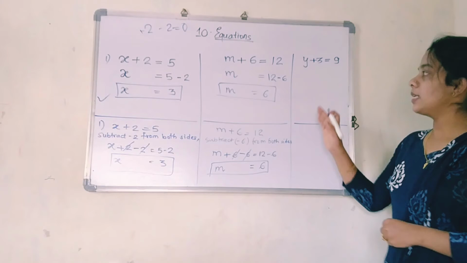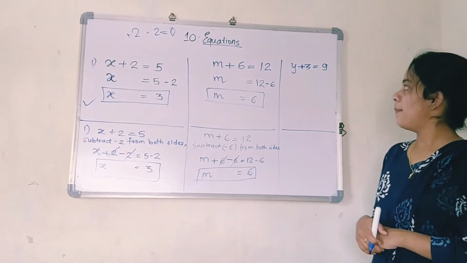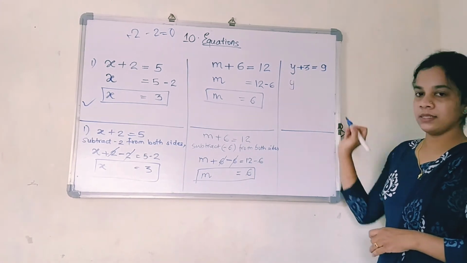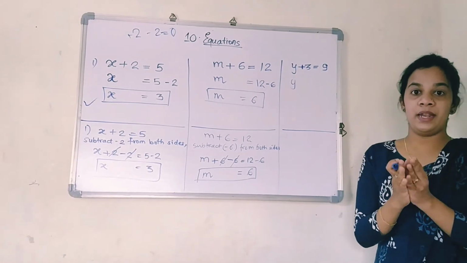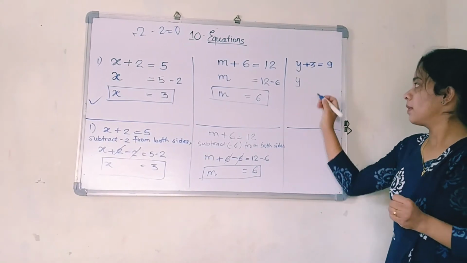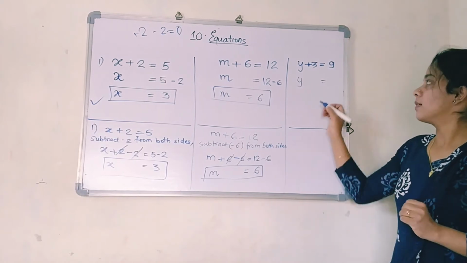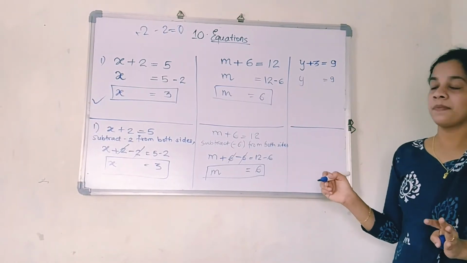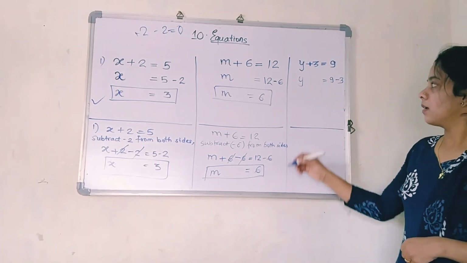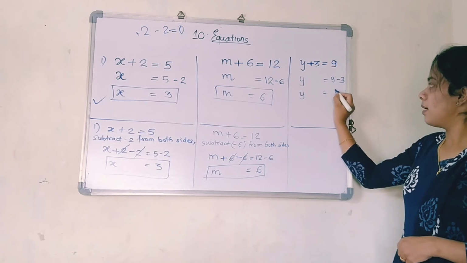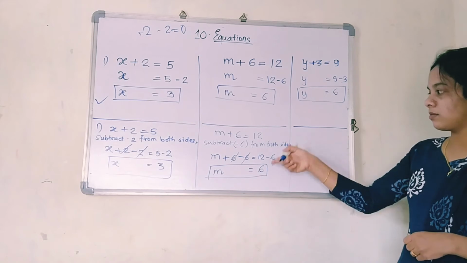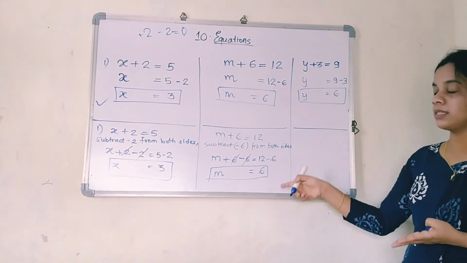Now we are going to see the next part, that is y plus 3 is equal to 9. What am I supposed to do over here now? y I am going to keep as it is, as I have told you earlier, the variables A, B, C, whichever variables they are giving you, keep it as it is. Equal sign also as it is. 9 also as it is. This plus 3 came over here and became minus 3. y is equal to 9 minus 3, which is 6. Clear?